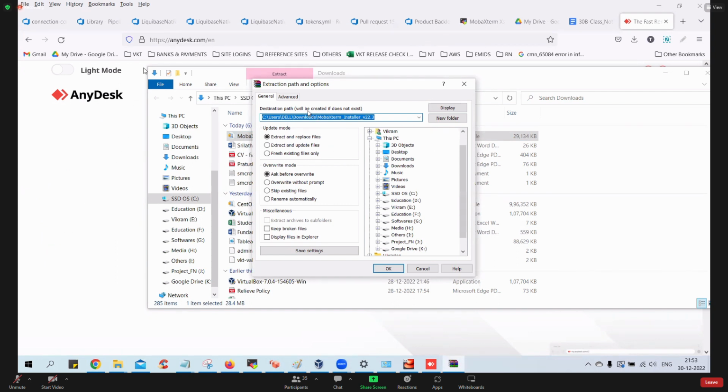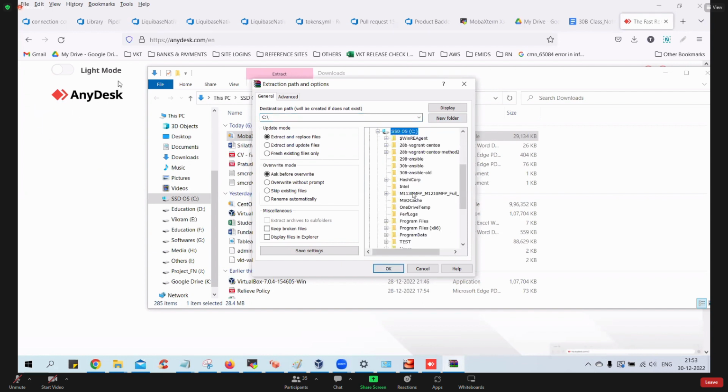So that's okay. I'm keeping it here. That's also okay for me. But normally you should target your C drive and your program files. I'm not doing it. I repeat, I am not doing it. The reason is I already have it. So extract, and once the extraction is finished,